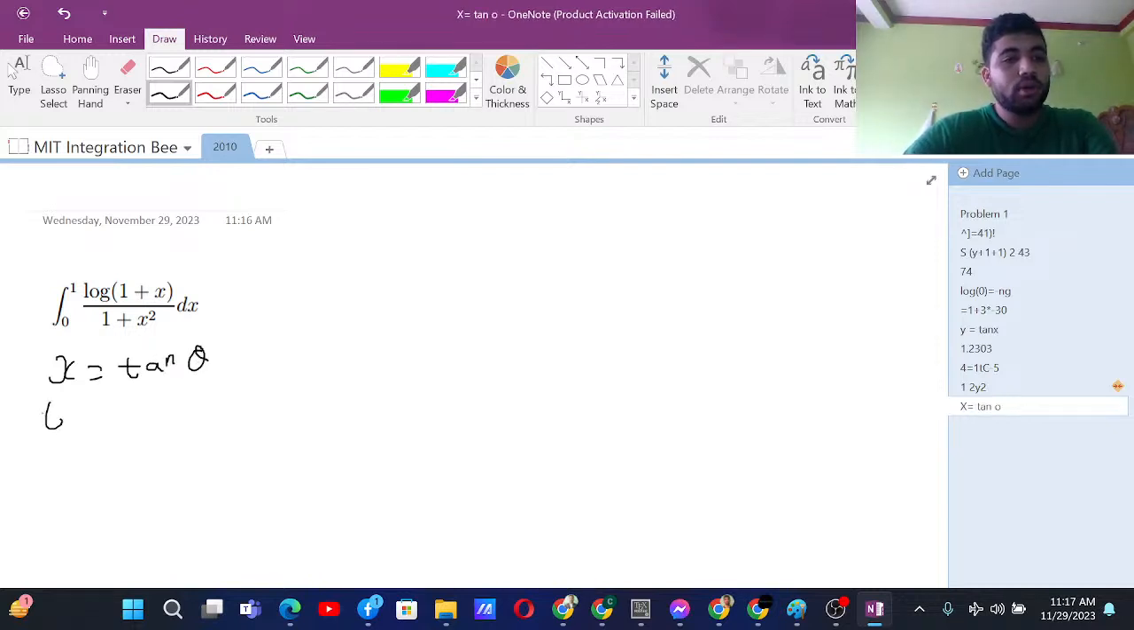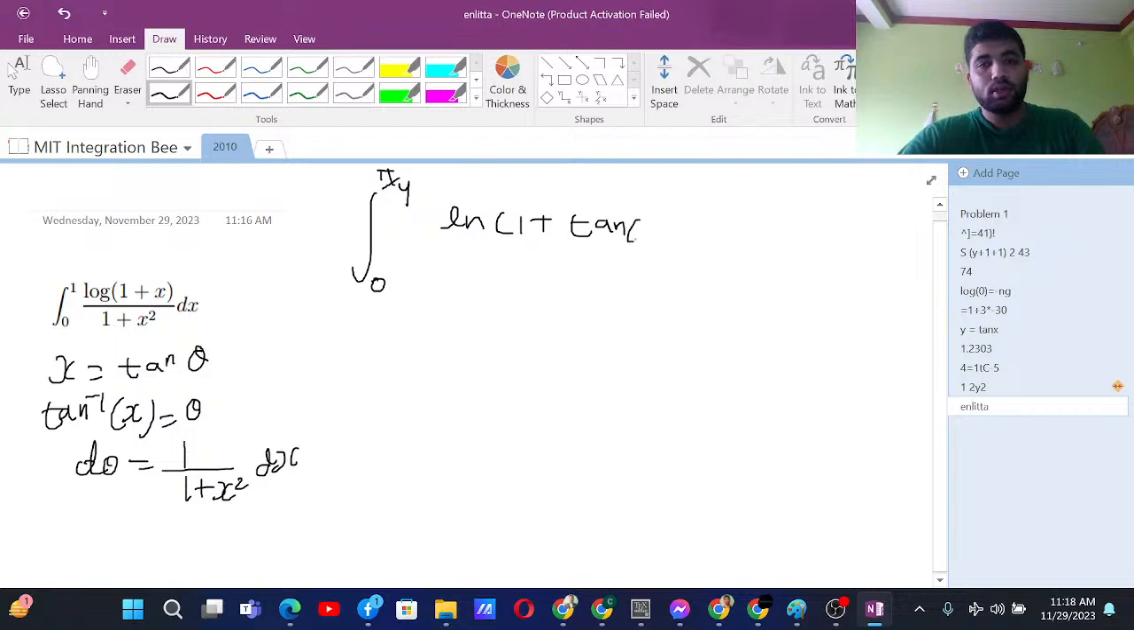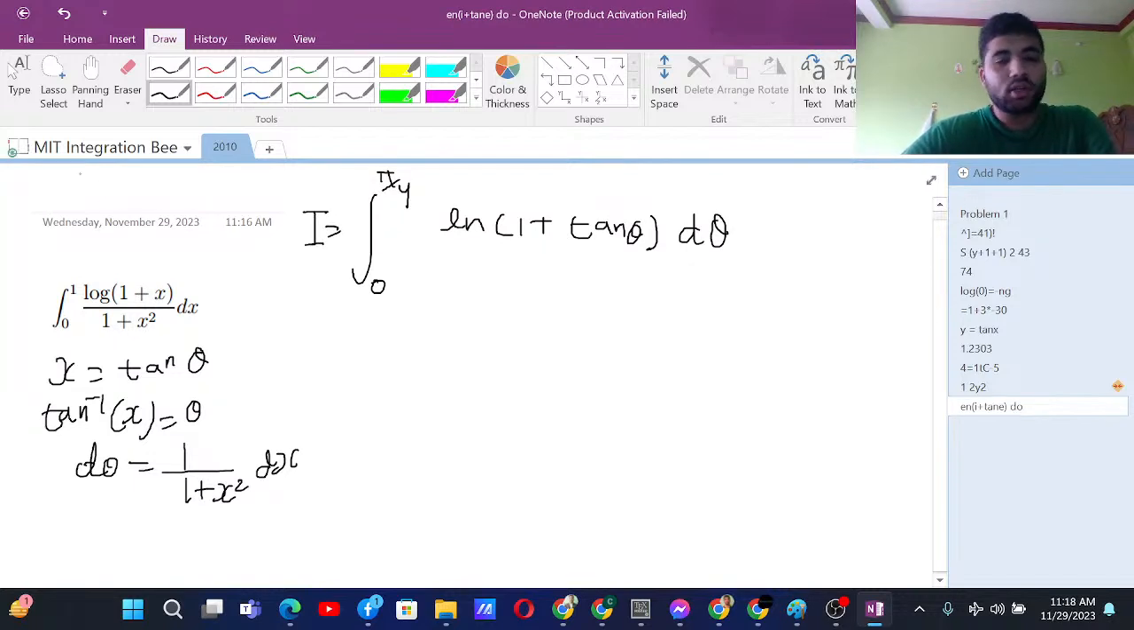Then we will have tan inverse x equals theta, and that implies d theta equals 1 by 1 plus x square dx. Since theta equals tan inverse x, tan inverse 0 is 0 and tan inverse 1 is pi by 4, and we will have the integral of ln of 1 plus tan theta d theta. Now the idea involved in solving this integral is